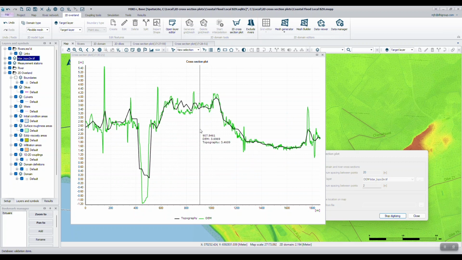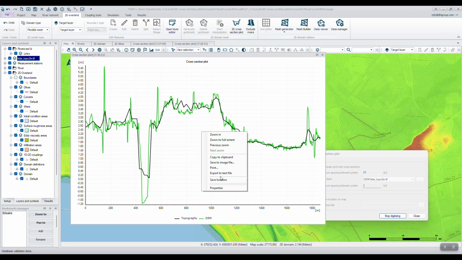To continue, I would also like to highlight that there are some extra options in the context menu. So here you have the usual options, but you can also export to a text file that will save a text file with all the data, the elevations along the profile, and you can also save the location. This is useful to save the coordinates of the cross-section into a text file for later reuse